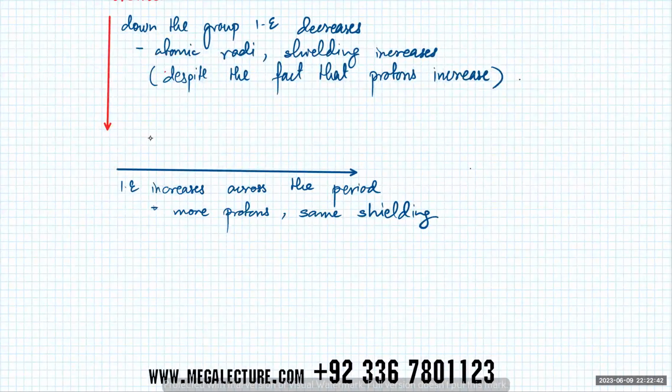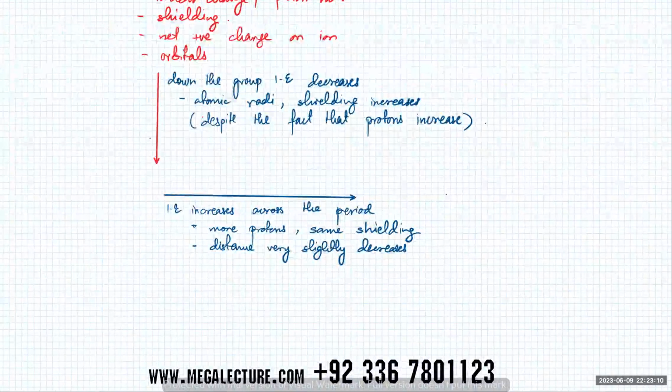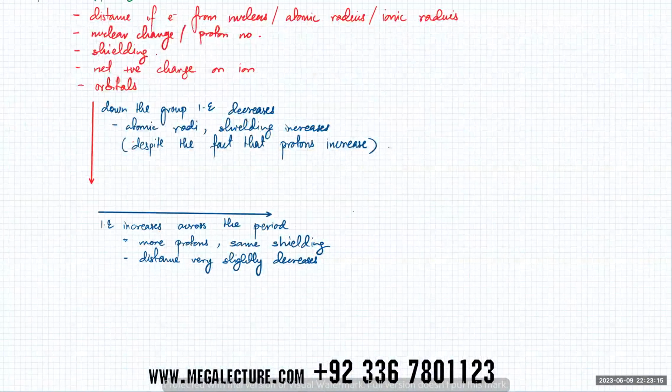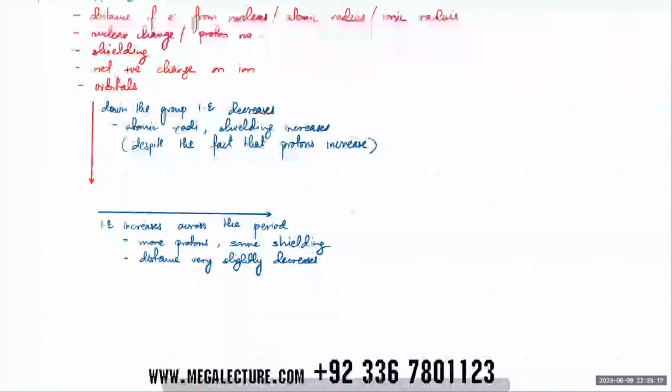So you got the same shielding, and you've got more protons increasing across the period, and the other thing is that distance also slightly decreases, very slightly decreases. So anyways, do you remember all of this, down the group and across the period? Yeah. So then you have